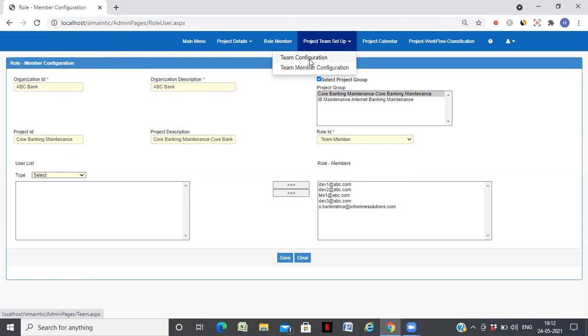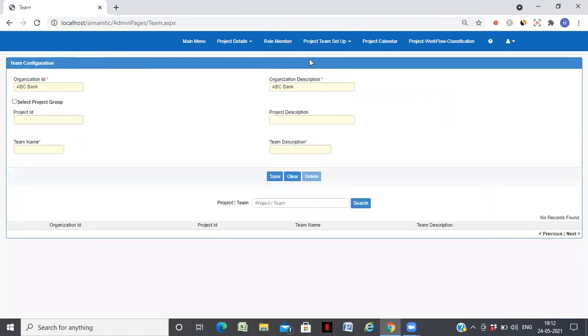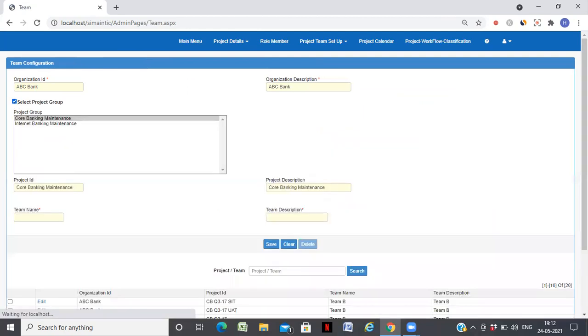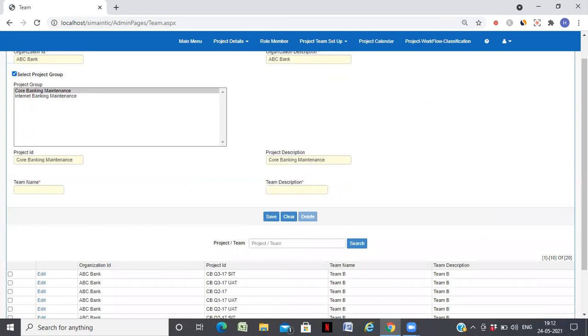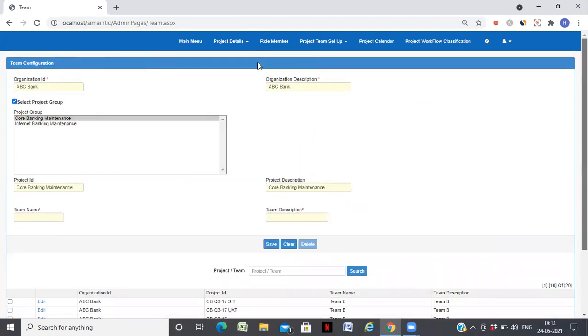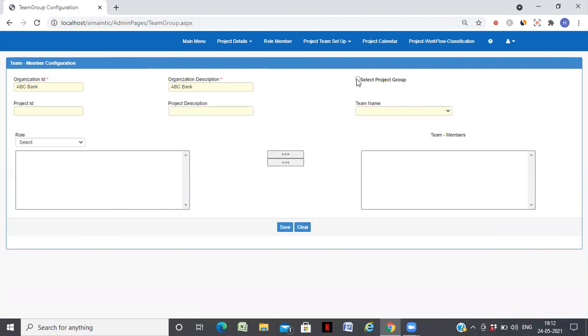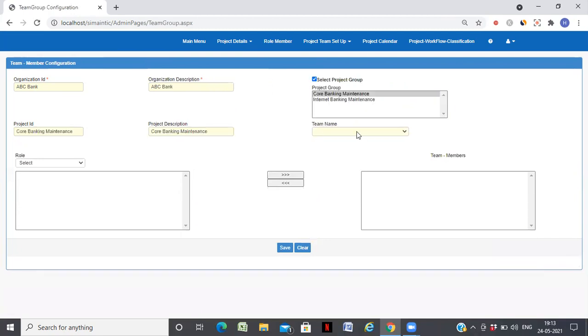So you can create teams. Team could be based on locations, or it could be a single team also. Here I have created team A, team B, team C, but I can assign multiple people for each team and configure them. So you can see here, I can choose, for example, team A. I have 3 members. So these 3 people I can assign tickets for addressing.